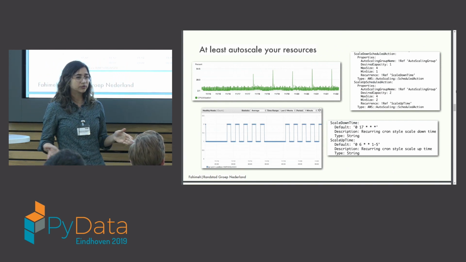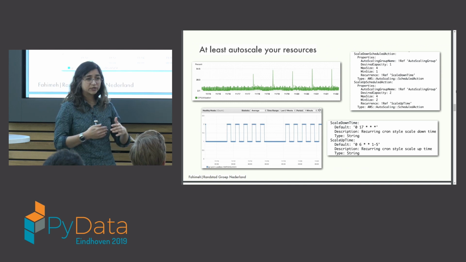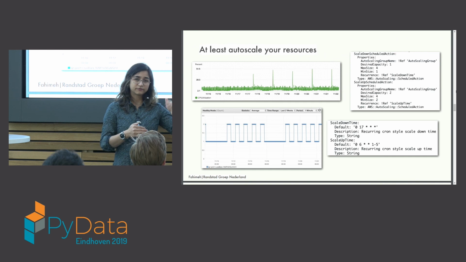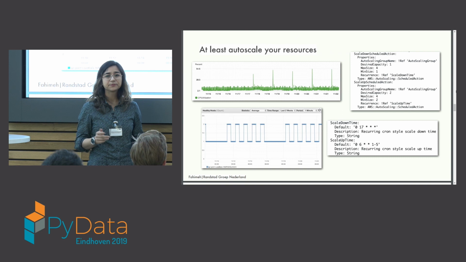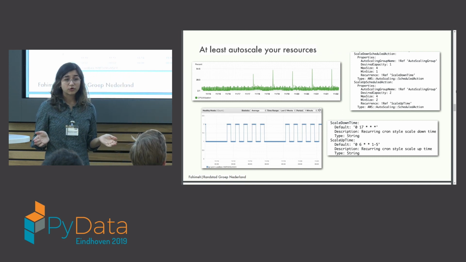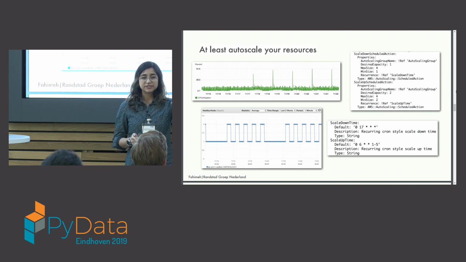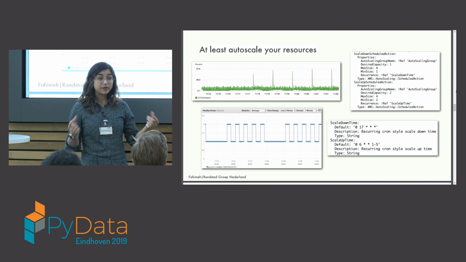You say, okay, I want to have auto-scaling, using auto-scaling groups, as we do in Randstad. With auto-scaling, you define a range. You say, I need this minimum number of instances and this maximum number of instances, and based on the utilization rate, it fluctuates, and the number of instances goes up and down, right? Or you can go even more complex, defining 2 different schemes, like a scale-up scheme and a scale-down scheme, and then you use cron jobs to plan it accordingly.